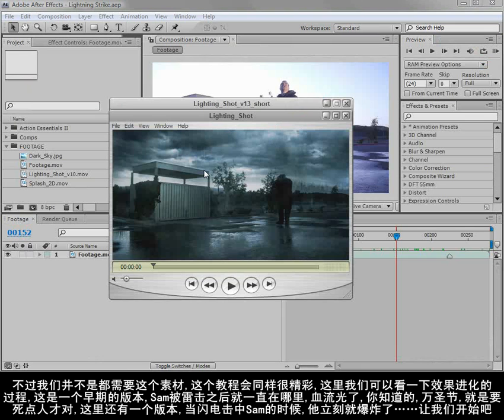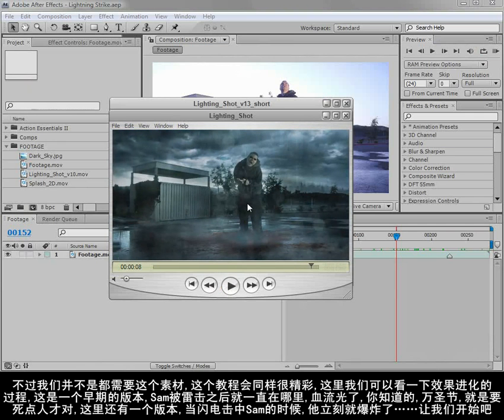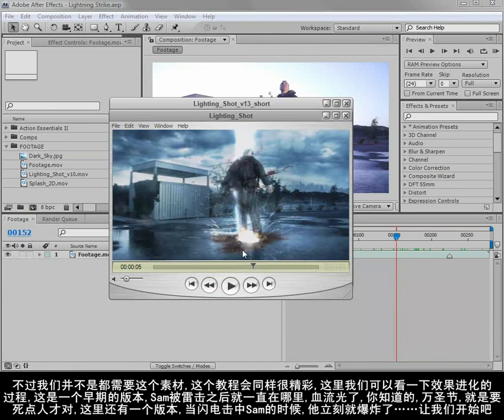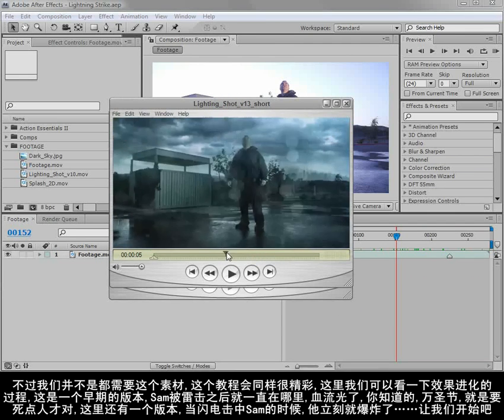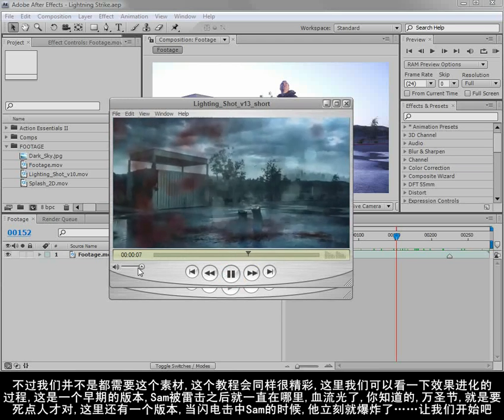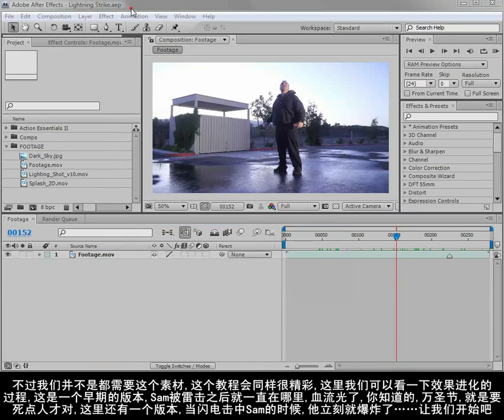Real quick, I'll just show you the evolution here. Here was an early example that I did. So the idea was he gets struck by lightning, but he's still there, and maybe his face is burned out. The blood was actually added last just because it's Halloween and people gotta die. Another interesting example here is where the lightning strikes and he immediately explodes. So all in all, there's some different things to take from the tutorial, and let's go ahead and get started